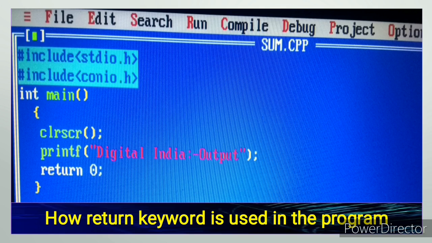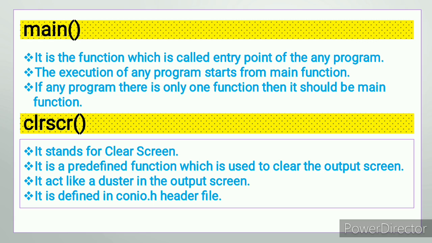Okay, go through the next slide. What is the purpose of the main? It is a function which is called the entry point of any program. The execution of any program starts from the main function. If a program has only one function, then it should be the main function. Then clrscr. What is clrscr? It stands for clear screen.